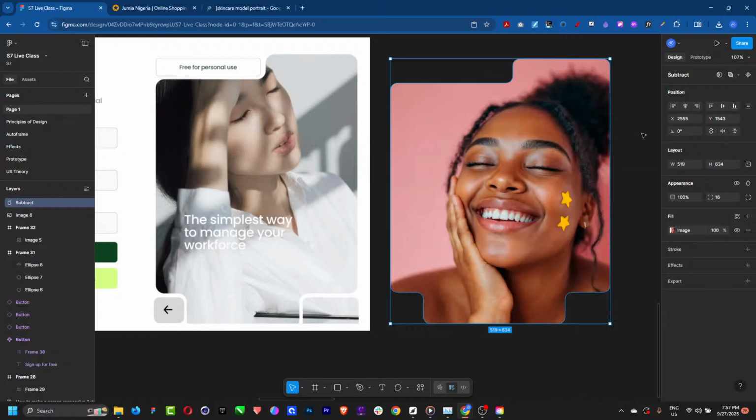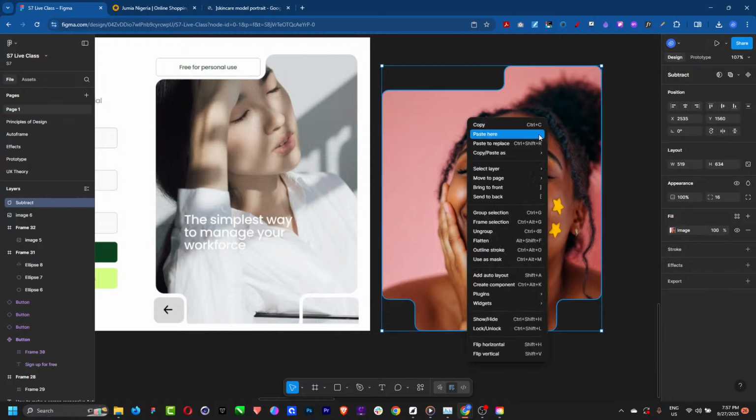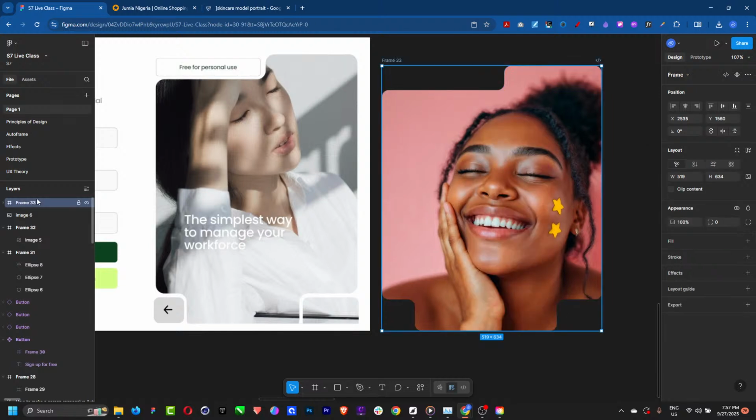What I can do now to easily move this thing around, if I want to maintain it professionally, is right click and add this inside a frame. So I'll just say frame selection. I can now call this image. If I open it up, I can also easily adjust these things however I want. So this is how I approach using frames